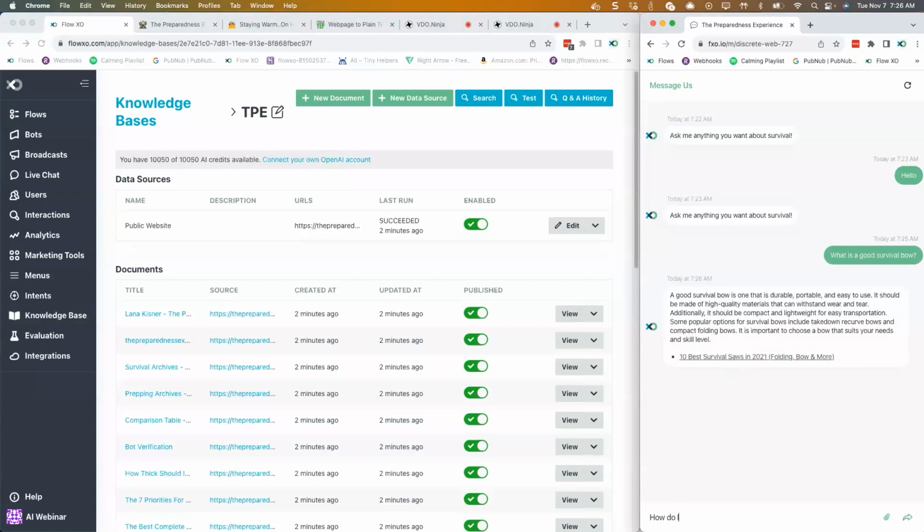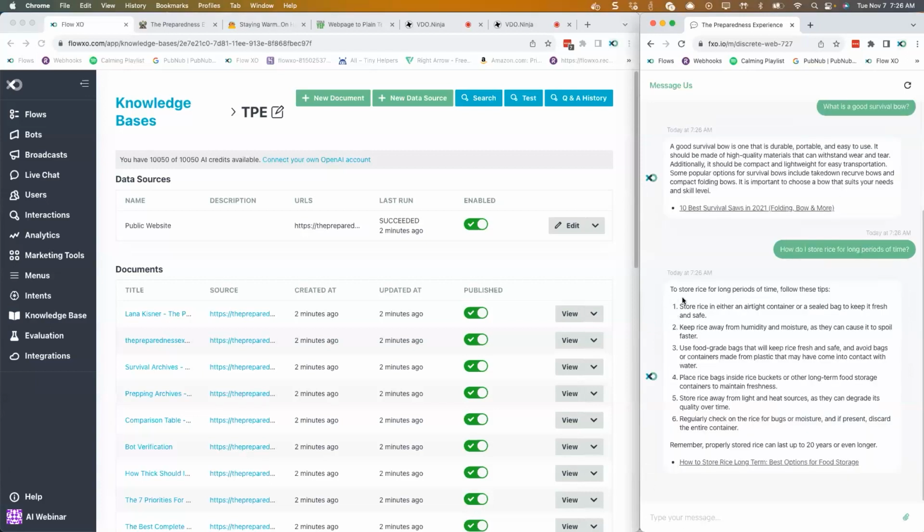Let's see. How do I store rice? All right, it gives us a nice numbered answer, various steps to take to store rice, and again, a link to the article. If the user clicks on this, it'll go straight to the Preparedness Experience website. So that's really about as easy as it gets for your first steps towards creating an AI chatbot. And in fact, you can get a long way with just these several steps if you have good reference data